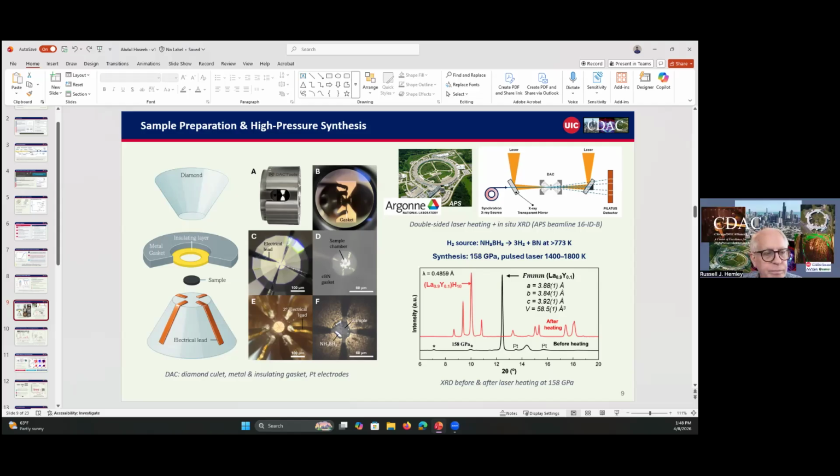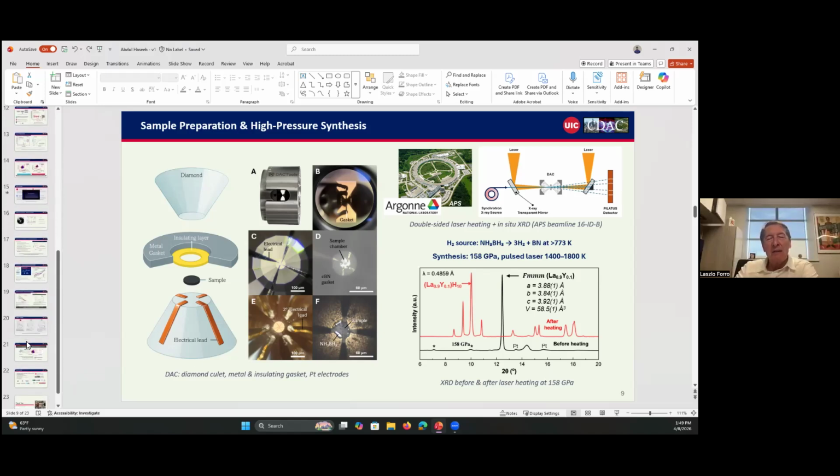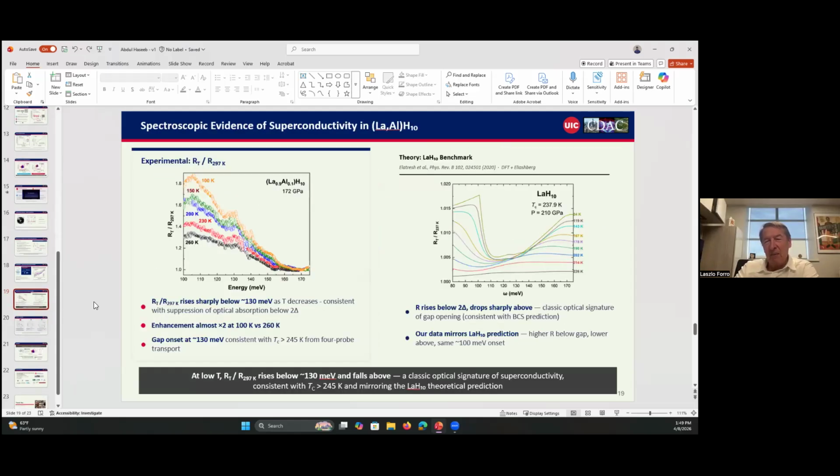Okay, Laszlo. Yes, Abdul, a very nice presentation. Congratulations. Thank you. And very courageous measurements, especially the optical measurements, I know something about that in BISCO high TC at ambient pressure. So in your data, what is the diffraction limit? Because that's why I think the data are less convincing than in a classical superconductor you would expect, right? Yes, I did calculate that.